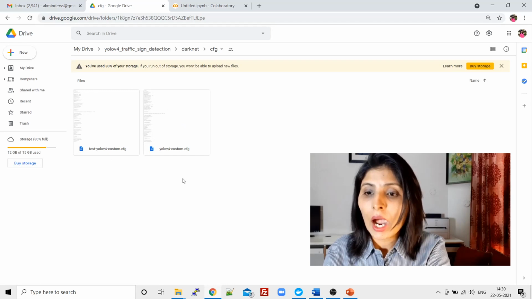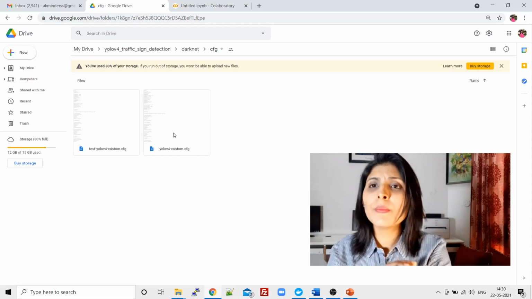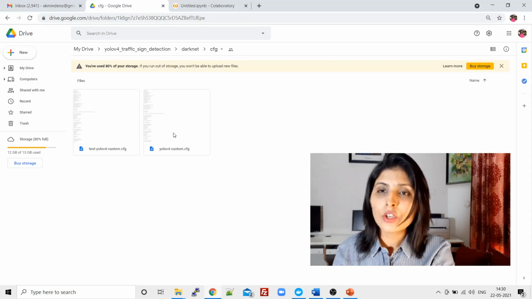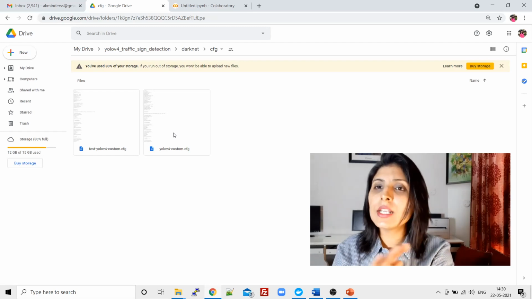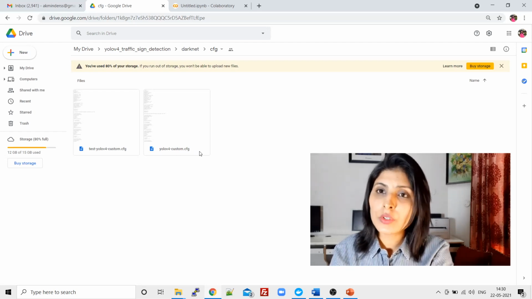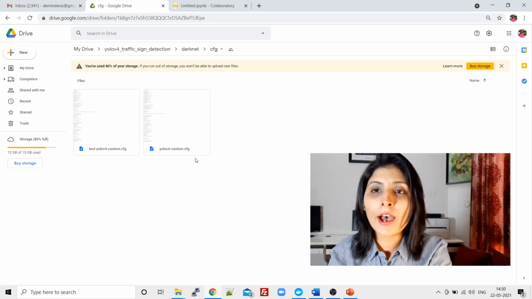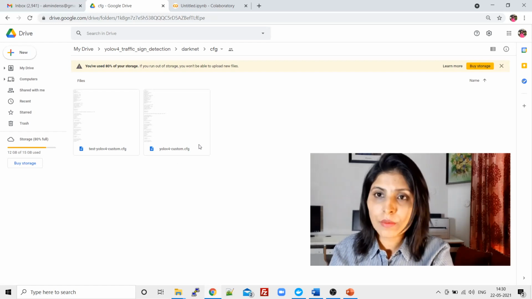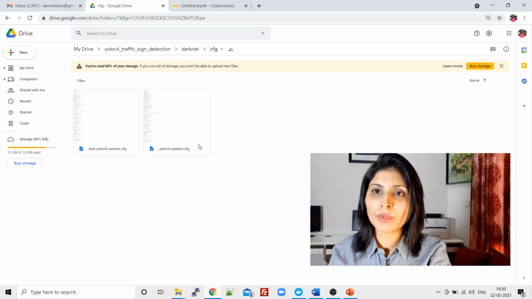Under that CFG folder, there will be so many files. What you need to do is delete all the files except one file. Which file is that? YOLO v4-custom.cfg. Just keep this file, and apart from this file, delete everything from this folder.